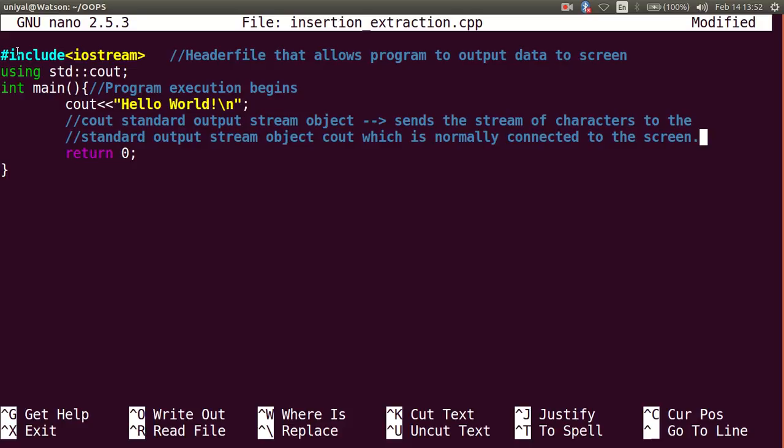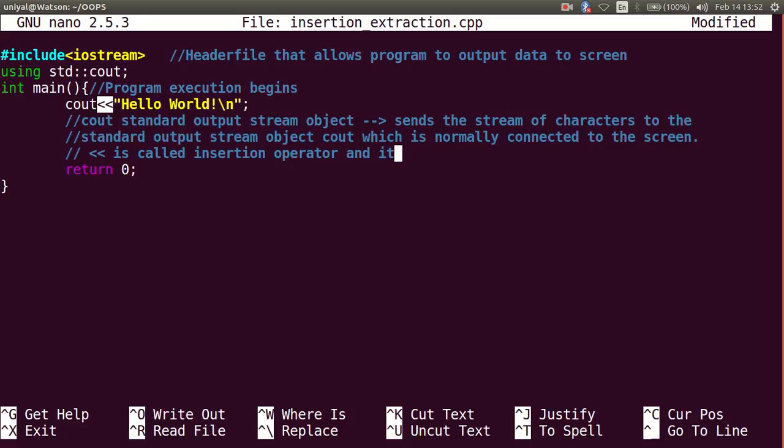So how does it do that? If you see this arrow here, this arrow is called the insertion operator,